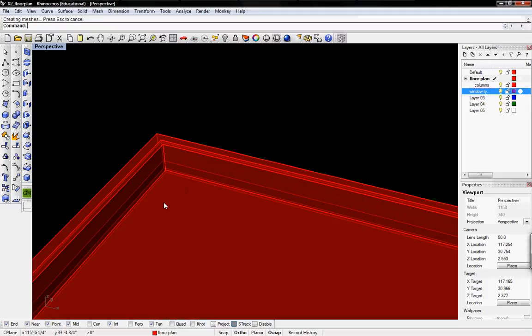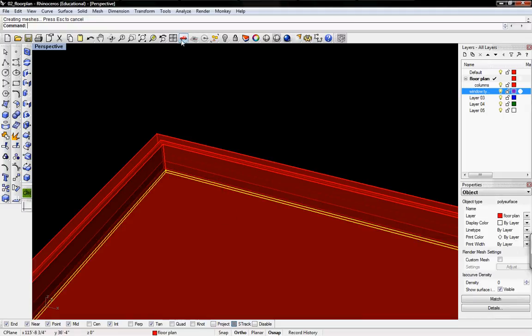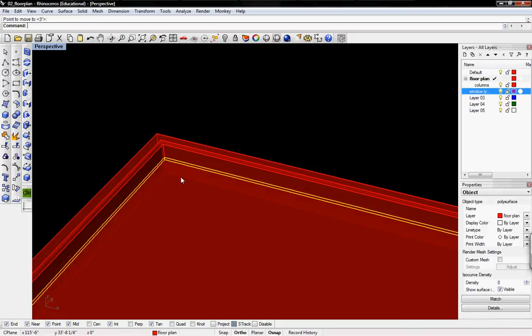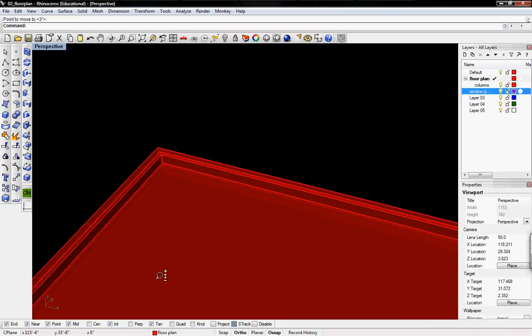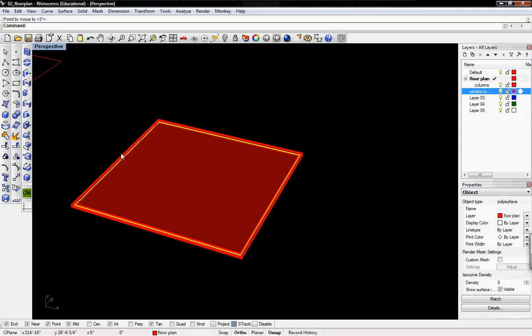and then I'm going to zoom in. And I'm going to type in move, vertical yes, and once it's in the midpoint, just do the same as the other. So now we have the glass panes. So I'm going to select the 3 solids,